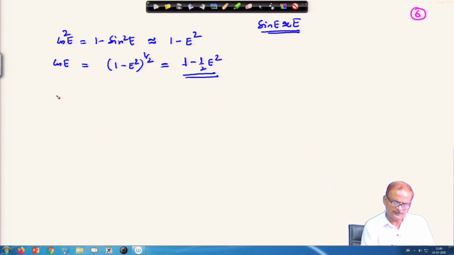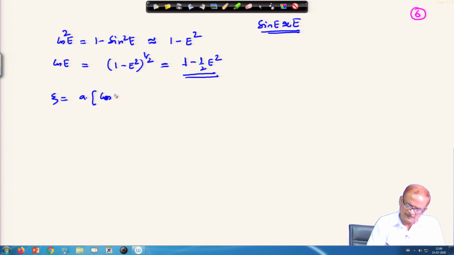If we utilize this information in our work, this is the equation for the xi we have written. So that becomes a times cos E minus e, so the cos E is then 1 minus 1 by 2 E squared minus e, which we can write as